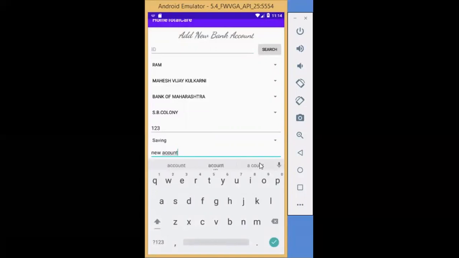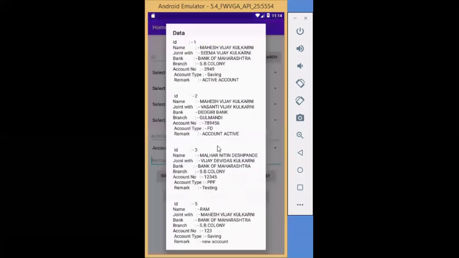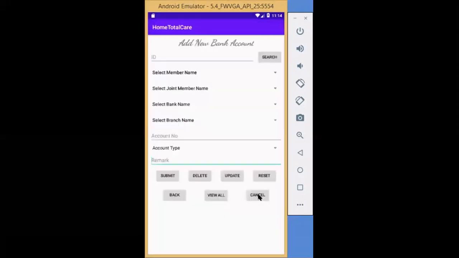After giving the remark, you can submit this. Just click on the submit button. If you want to see the record, you have to click on view all. You can see the record which we have just entered into the database. Okay, now this is just a SQL database. Okay, SQLite database, sorry.